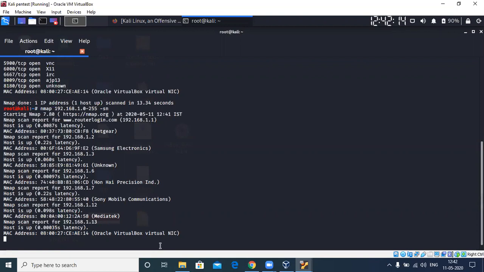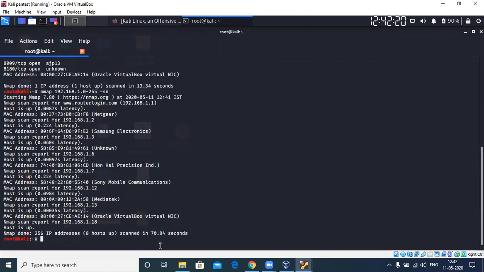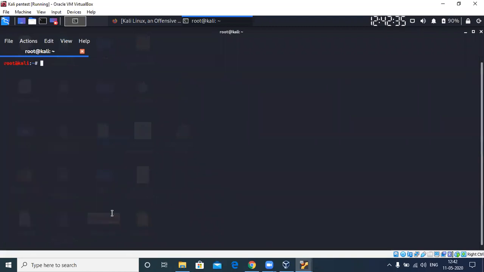That is, it disables a port scan. We'll be looking into detail about this in the coming slides in this session. If you can see, all these things are up and running in my network. So this is something about the TCP.